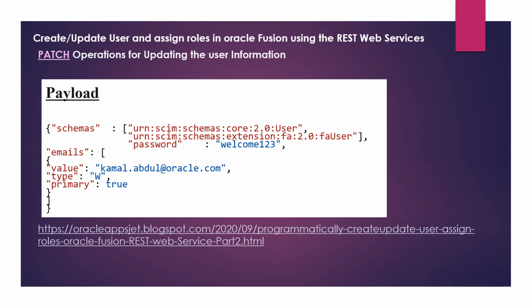So once you prepare that URL, now we need to prepare the payload. In this payload, according to our requirement, we are going to provide the elements. In this, we will see how we are going to change the password, and how we are going to change the email address. So that is a payload which is available. You can also get this sample payload from the blog which I mentioned.